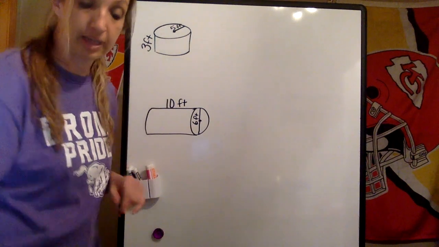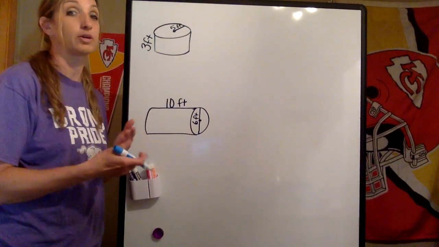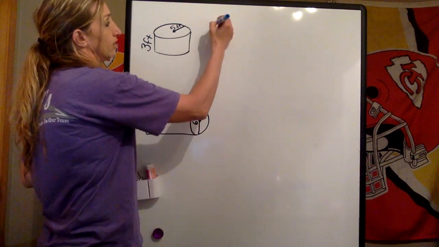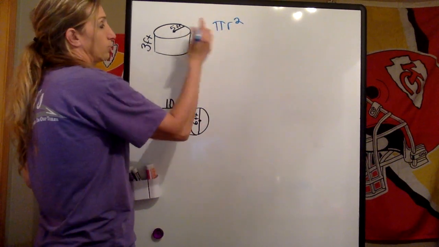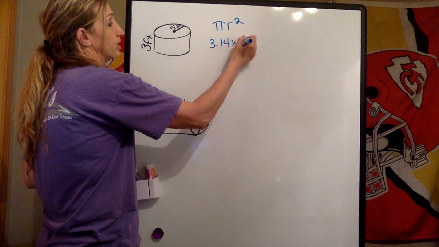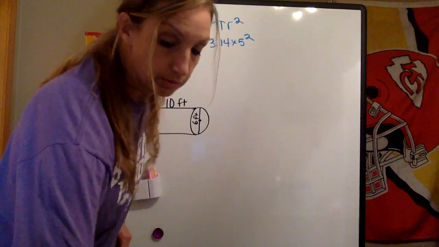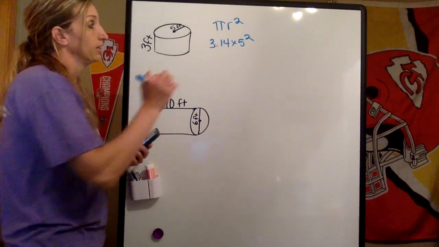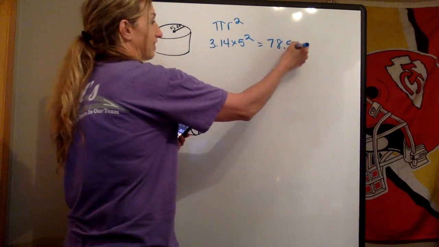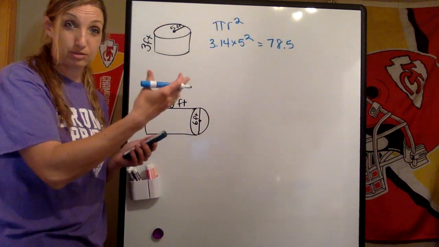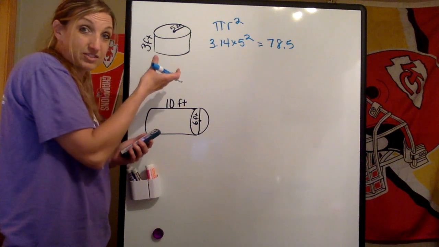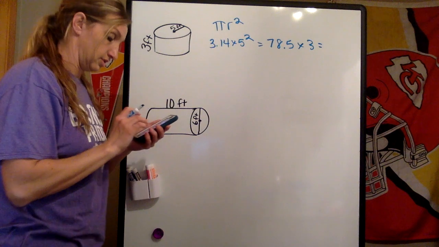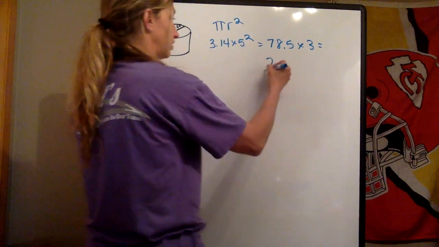Except for this time, our base shape is a circle. So we have to remember how to find area of a circle. Well, area of a circle is pi times radius squared. Pi times radius squared. So I'm going to do 3.14 times 5 squared. So 3.14 times 25. That gives me 78.5. That's the area of the base. Pi times radius squared is the area of the circle. Now I just have to take that times the height. So times 3. 235.5